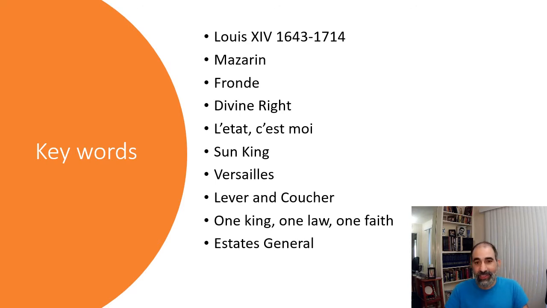And the first thing you see there is the name. You don't have to write them all down at once. You maybe want to just write them down as I'm going through them. But eventually you need to get all these terms down. Is Louis XIV. And notice the dates. Now, as I've always said, you never need to memorize dates in my class. That's not what history is about. You don't need to know he ruled from 1643 until 1714 and all that. But what I do want you to notice is the amount of time, right?